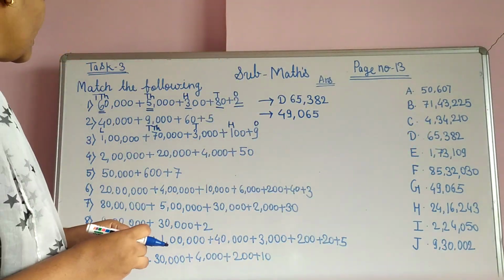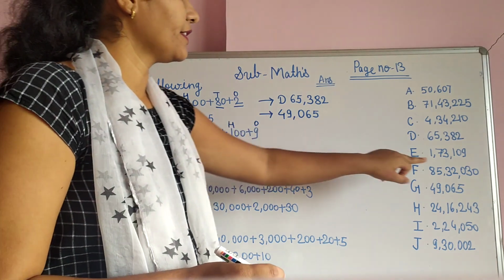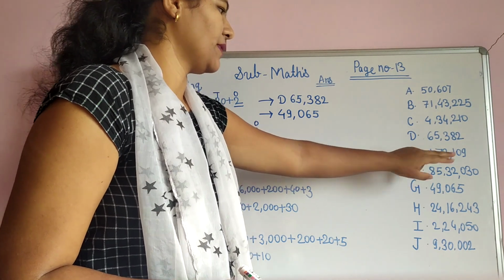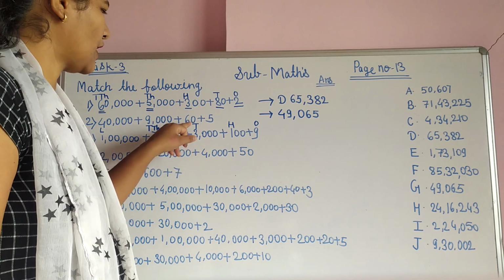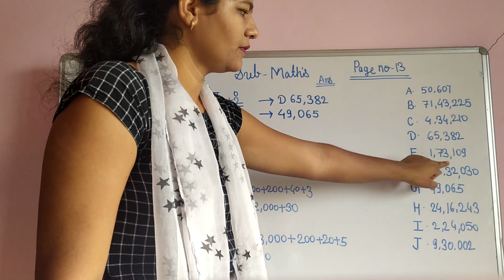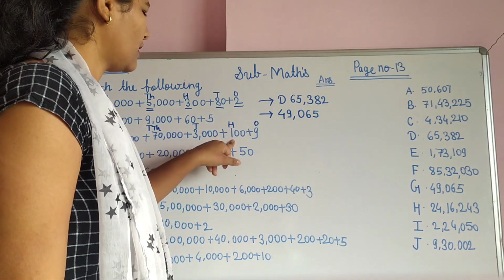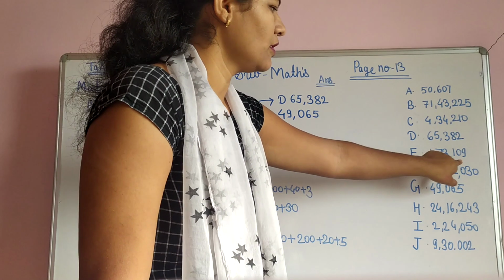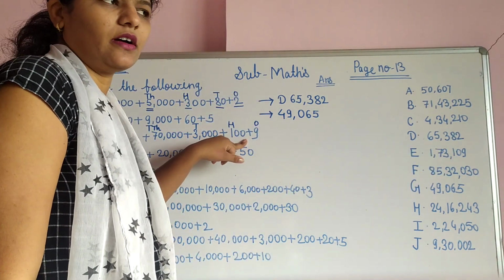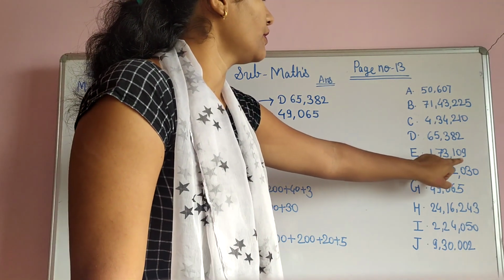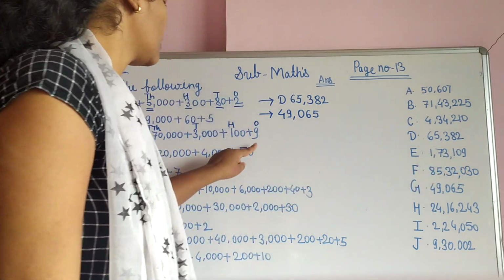Now we will check the remaining digits. Here 7 is on the 10,000 place. Yes, it is also on the 10,000 place. Now we see the next number, 3. The 3 is on the 1000 place, and here also it is on the 1000 place. Next is 1, the 100 place, and here also the 100 place. And see the tens place, what is here? Nothing. It means it is a 0. So here also it is a 0. And last is the ones place. What is there? It is a 9, and here also 9.